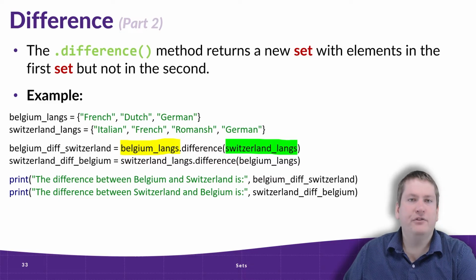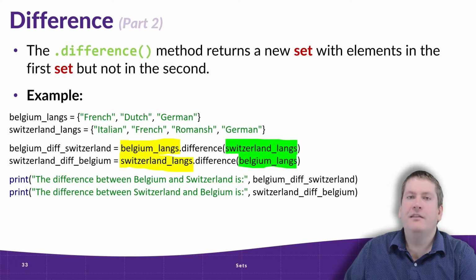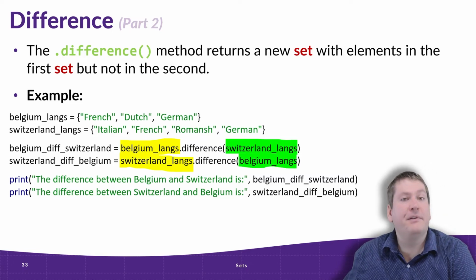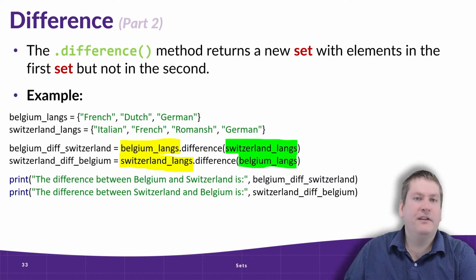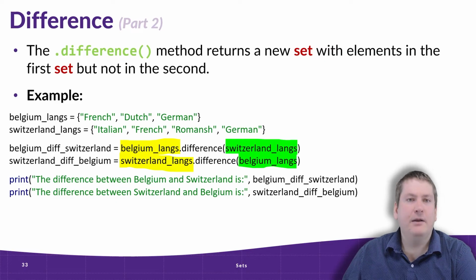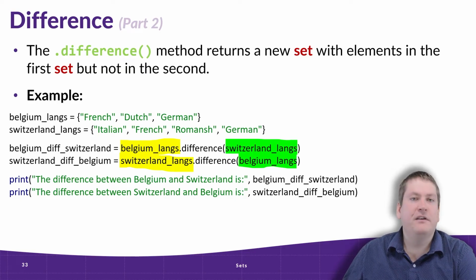In this case, Belgium contains French, Dutch, and German, so the difference with Switzerland would just be Dutch. So that's going to be a new set only containing the element Dutch. The second one does the difference in the opposite direction. We're going to take Switzerland and we're going to subtract from it all the languages in Belgium. So both French and German would be removed, and that would be stored in a new set called Switzerland diff